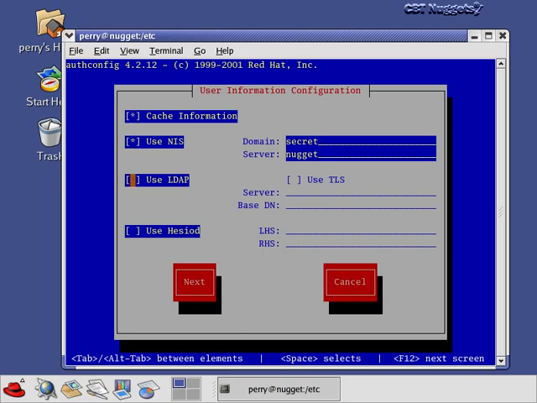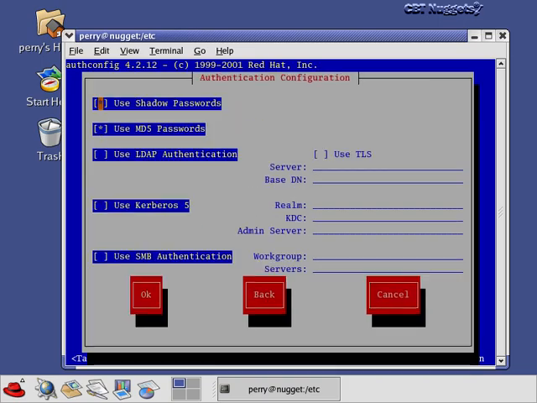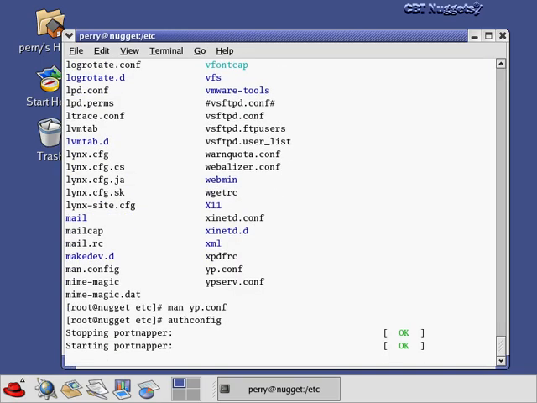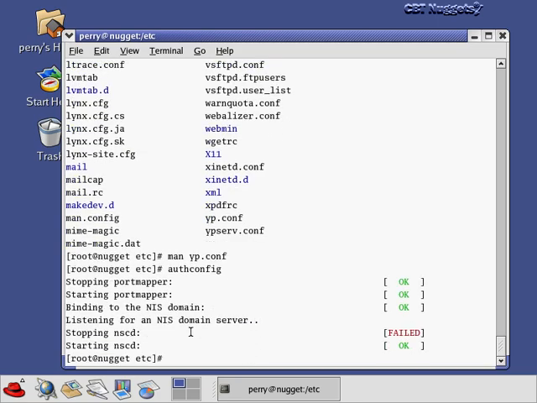I just skipped by it again. No, there we go. Okay, hit enter, and now it's showing the authentication configuration. In here it's saying using shadow passwords, using MD5 passwords. I'm not going to mess with anything on this screen. I'm just going to say OK, and now out here you can see a few things happen when I exited